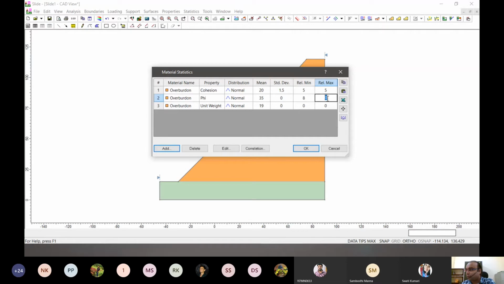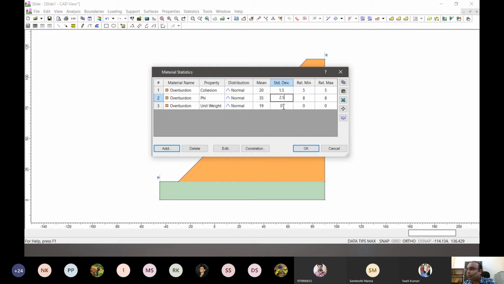So relative maximum and minima is -8 to +8, right? And because we want these to be under 3, it may be around 2.5 standard deviation. So 3 times 2.5 is 7.5. So we are telling that most of the variation should be 7.5 and less, right?